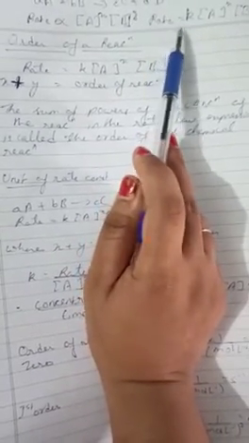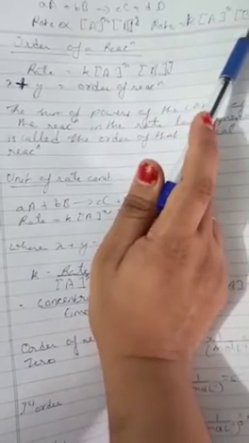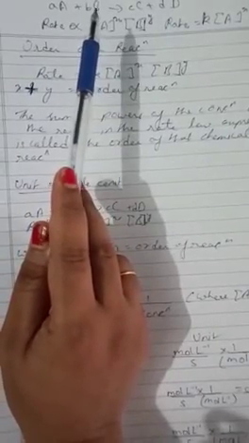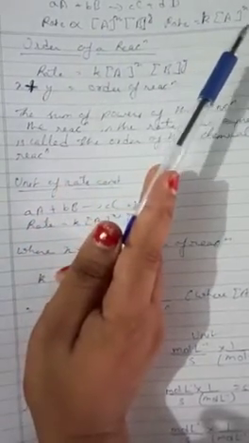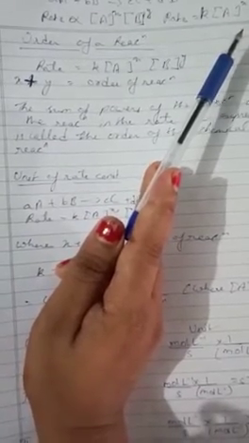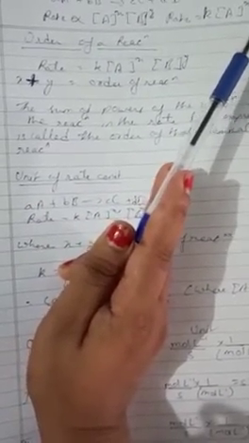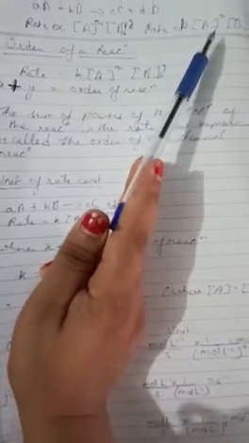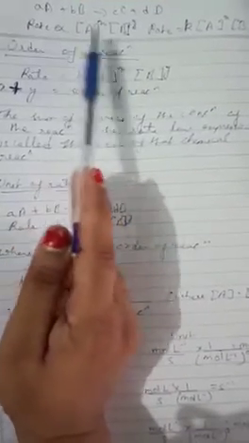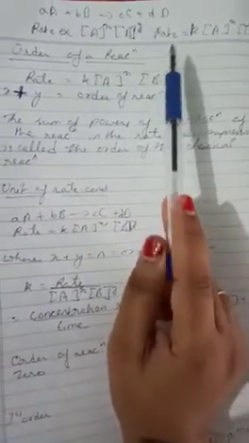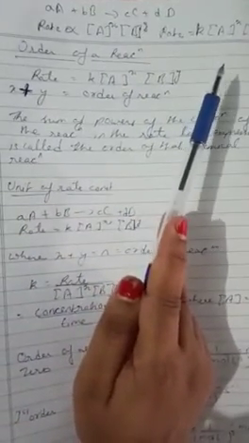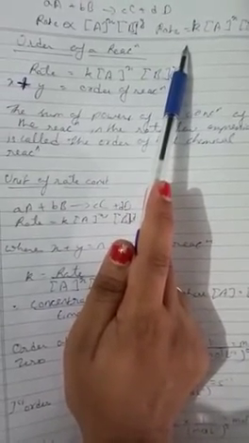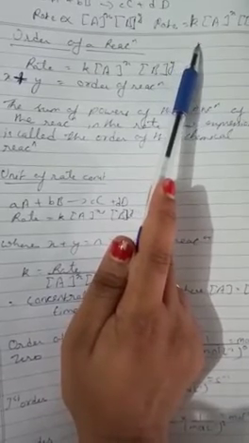Here you can see X and Y are the powers in the rate expression, and these may or may not be equal to the stoichiometric coefficients of the reactants of the above equation. It is not necessary that these powers are equal to the stoichiometric coefficients, but most of the time they are. And one more thing, the small k written here is known as the proportionality constant, or you can also call it the rate constant.